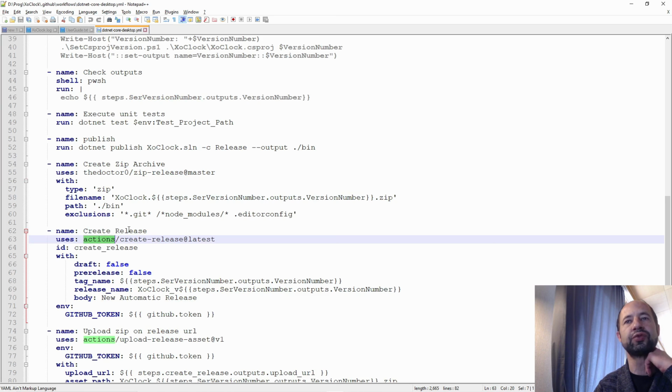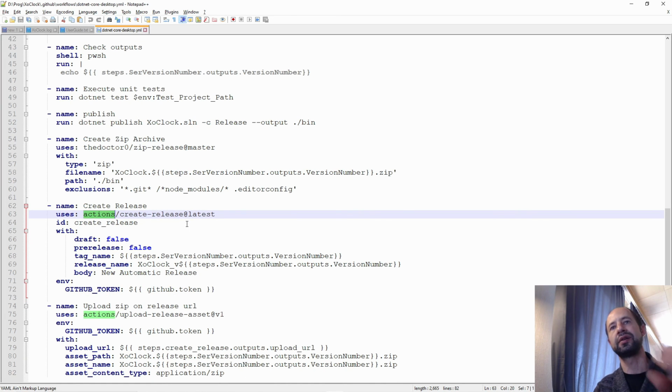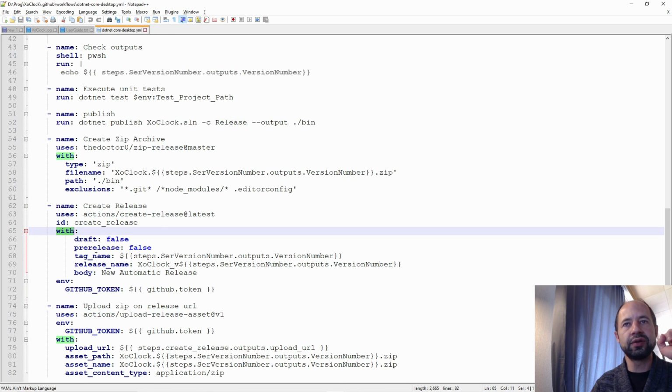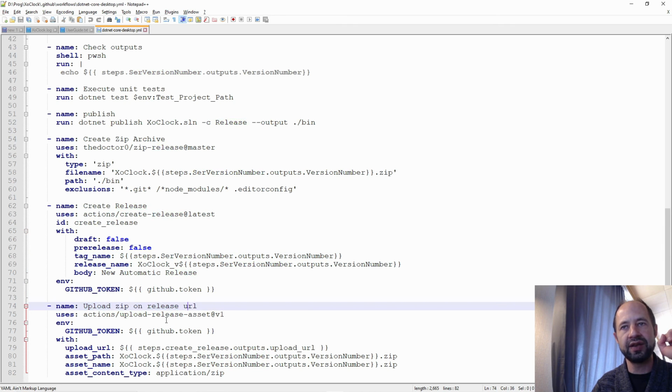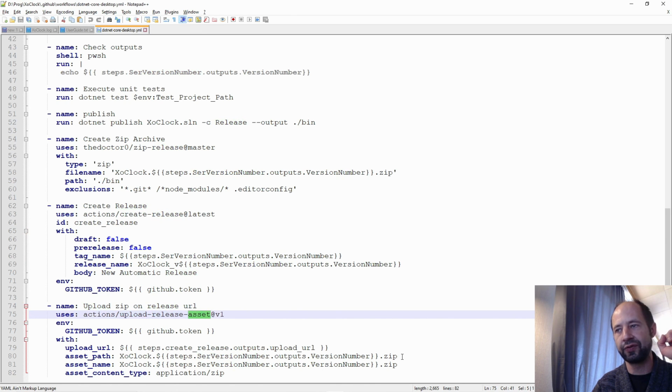To do this, I am going to use action GitHub. I am speaking about GitLab, but in fact we are using GitHub, which is an independent platform of GitLab. GitLab and GitHub are different. I want to create the release with this tag name, this creates a new tag. Then I'm going to upload the release. I upload the release asset, and here you see the different file names which are created.